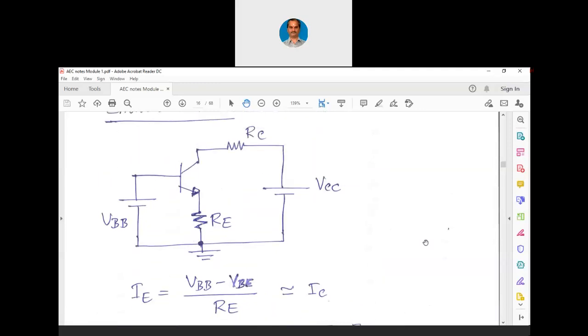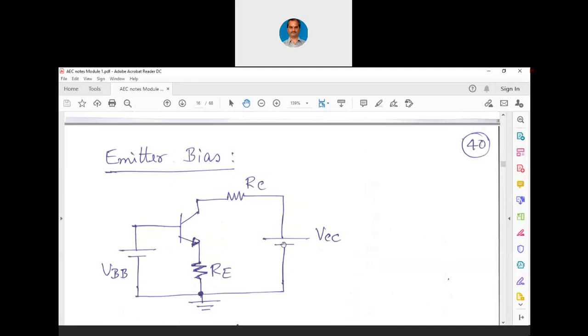Now, you may have a doubt that if at all we connect RE here, if the base to emitter junction is reverse biased, then will the transistor switch on or not? Transistor will switch on because we are applying base bias. We are applying the voltage at the base. So transistor will definitely switch on. Transistor will not be in the cutoff region because we are applying voltage at the base. It will not remain in cutoff region, but it will not go into saturation region.